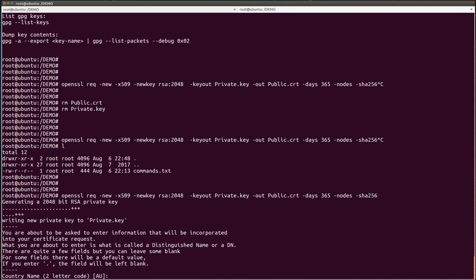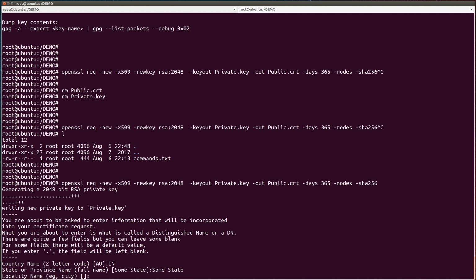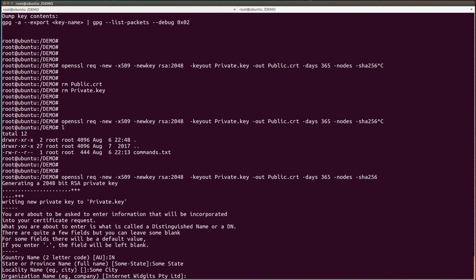Okay. So when I run this, it'll ask me some details. When I'm creating a key pair, it's going to ask me some details. Which country does this key belong to? I'll say IN, state, some state, city, some city, some company,